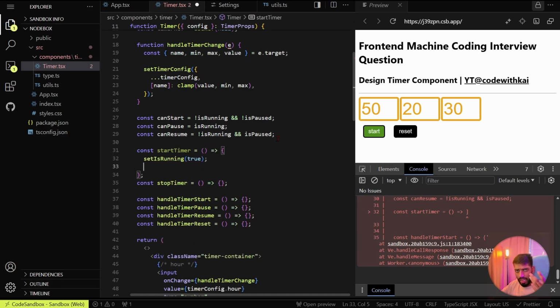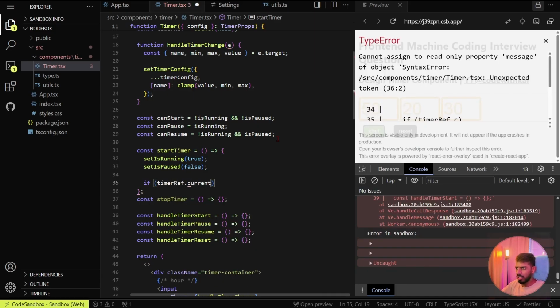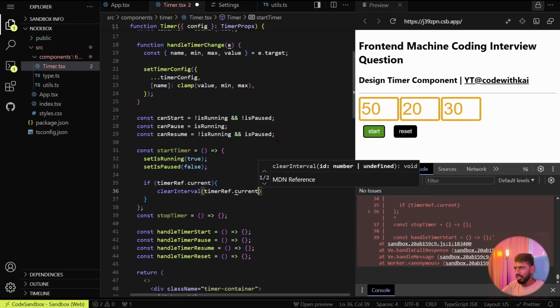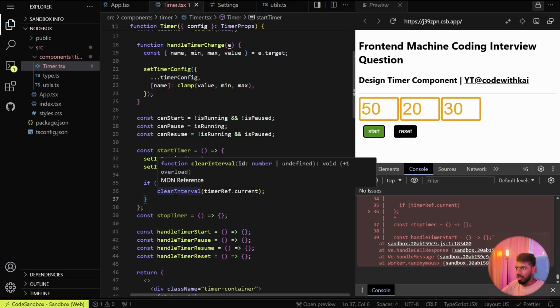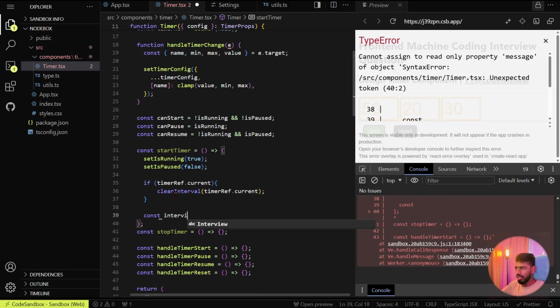And if the timer has started, that means it is not in the pause state. So set is paused as false. We only want to start the timer if it is not already started. So if timerRef.current already has a timer, we want to clear the interval. timerRef.current, we clear that interval, and then we create the new interval, which is equal to setInterval,